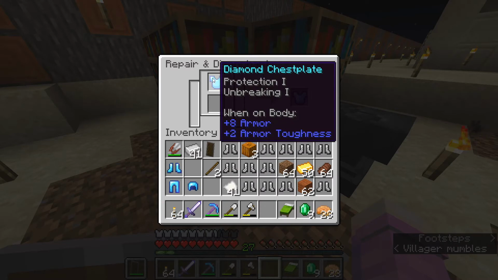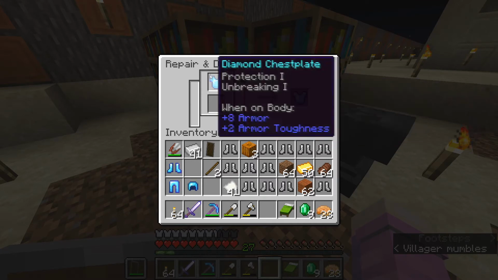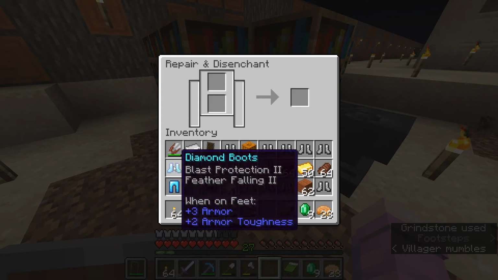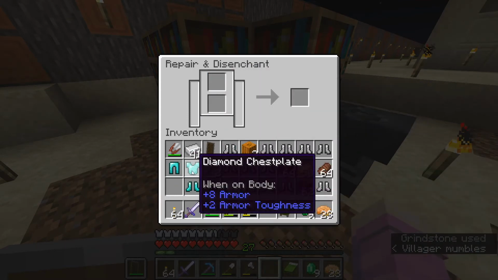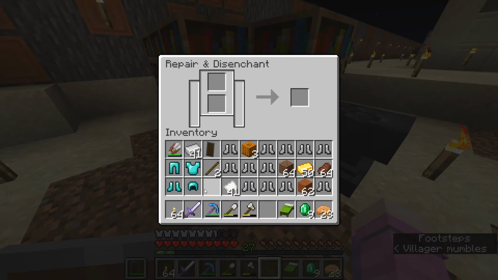But what we can do is we can put our diamond chestplate with protection 1, unbreaking 1. Blech, we don't want those bad enchantments. And we can go ahead and pop it out the other side, unenchanted. This is going to be an easy way for us to get base diamond armor ready to enchant. There we go. Perfect. Alright, so what we're going to do now is we're going to enchant some of this. But before we do that...